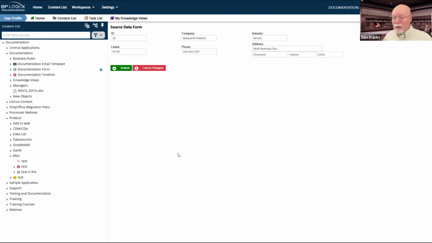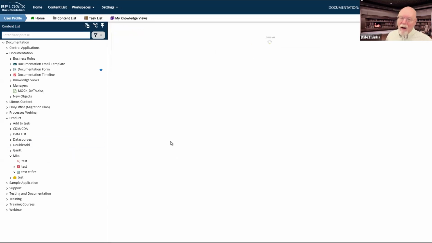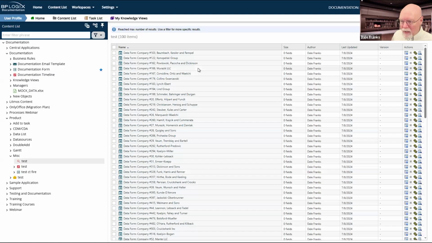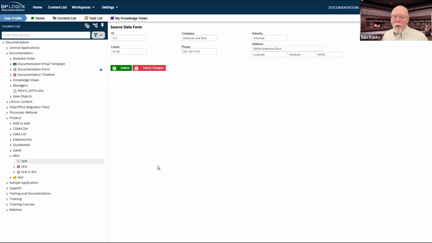So I invoked it here from a knowledge view, and it automatically opened up the form here. This is a little inconvenient because now I have to use my back button to go back to find the knowledge view, which means the knowledge view has to reload. So if you're a designer and what you really want to do is just to open up a couple of these forms to check it, it's going to get a little tedious if we force no pop-ups on you in